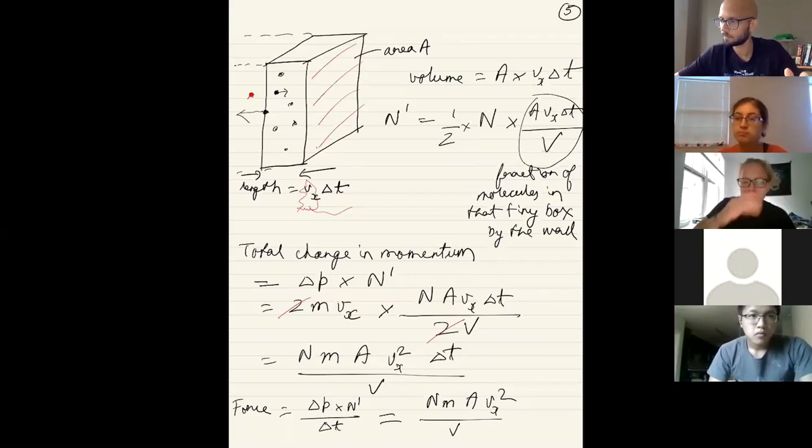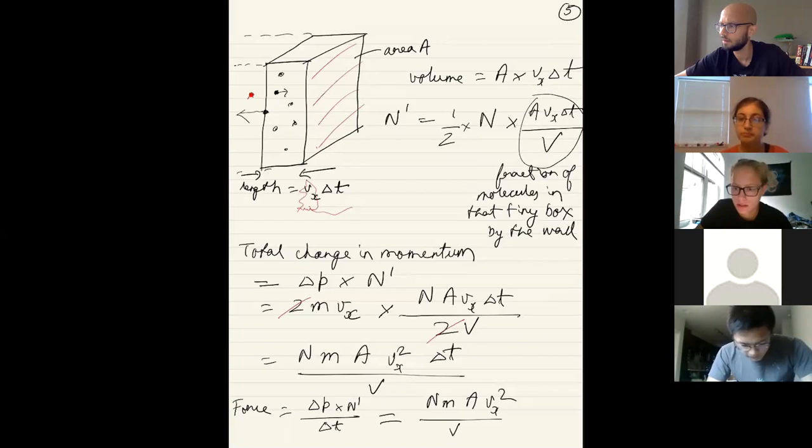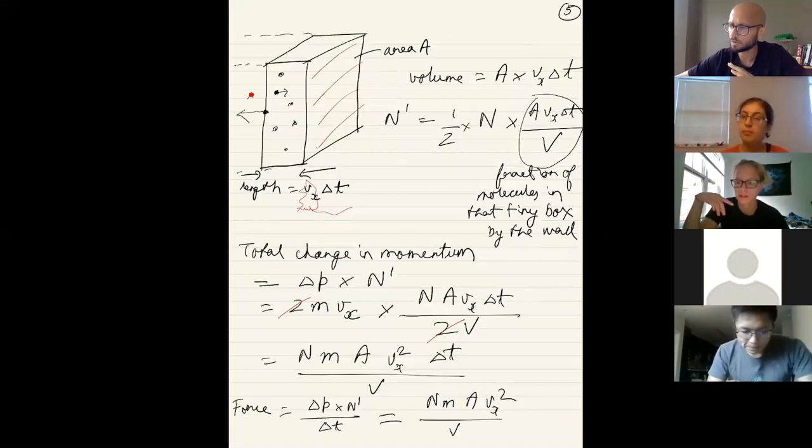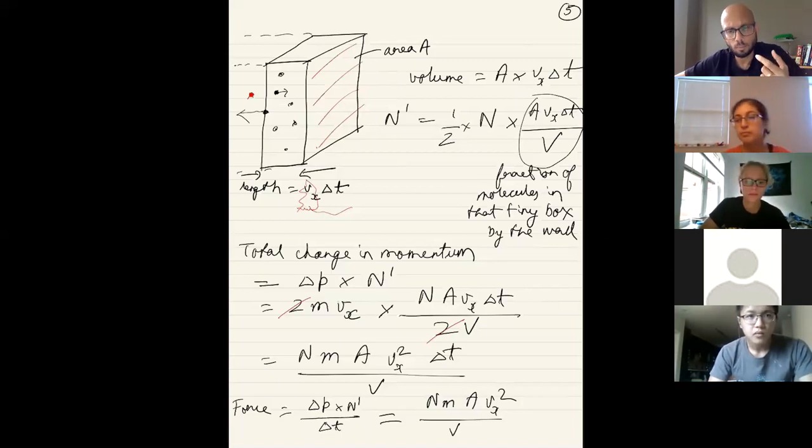Is N in moles? Is it the density in moles? Because it's going to be the number of atoms here, the number of molecules. If you read Atkins for this part, he tries to confuse you. But isn't it just the number of molecules, or molecules times molecules per mole, so it would be in moles overall? Don't even worry about moles. Moles is a unit. In this case, N is the total number of molecules in the box, and N prime is the fraction of molecules which are in that small region. If you wanted to bring in moles, which is a way of looking at it, but moles is nothing special,